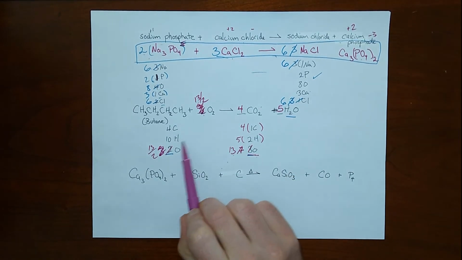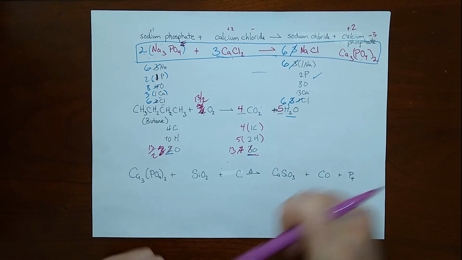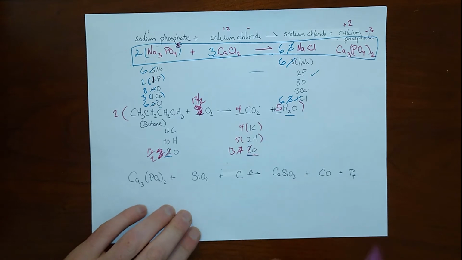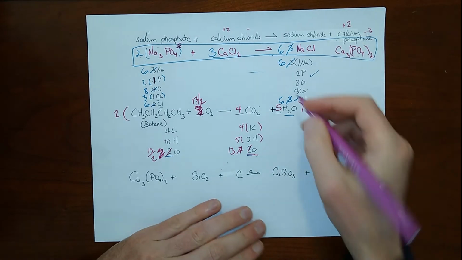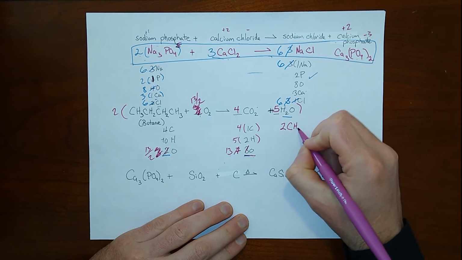Okay, and that multiplier does not change the balance of the carbon or the hydrogen at all. So this is good except for the fraction. So we're going to multiply everything by 2. So the final form of our reaction here, our equation should be 2 butane